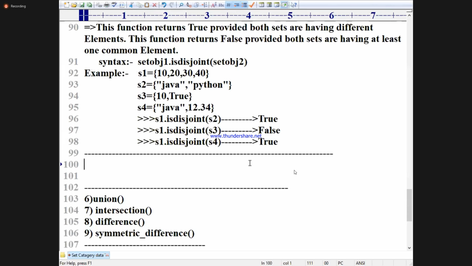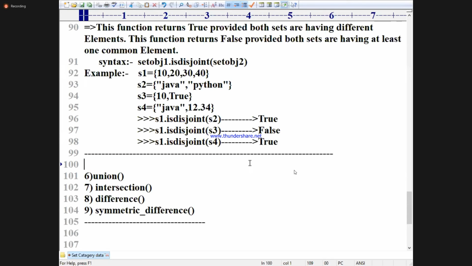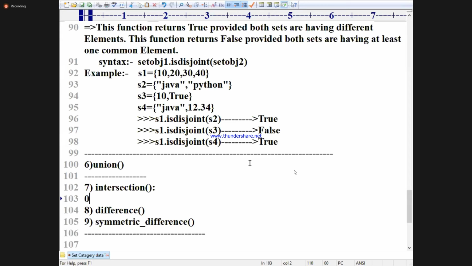Next I will go for the most frequently encountered operations: union and intersection. Look at the first question. We have set A. Some 10 people are playing football.